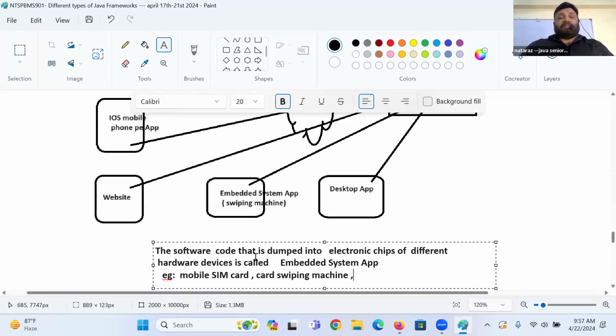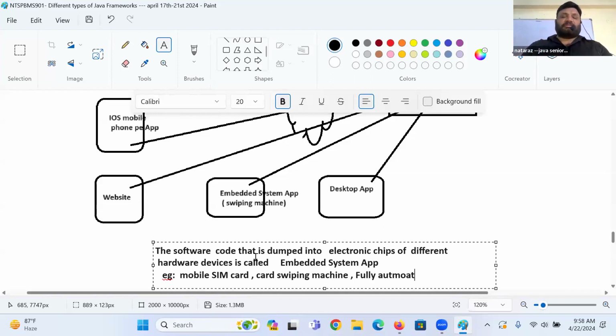Nowadays driverless cars are coming. There also a lot of embedded systems are involved, a lot of sensor technology. Another example is a fully automated washing machine.